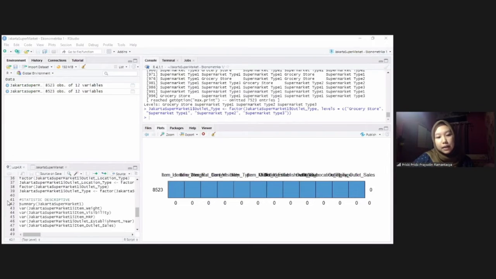Okay, the next step is we have to do the descriptive statistics. Using this command, the overall summary of the data will appear.